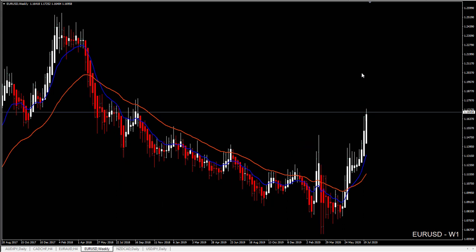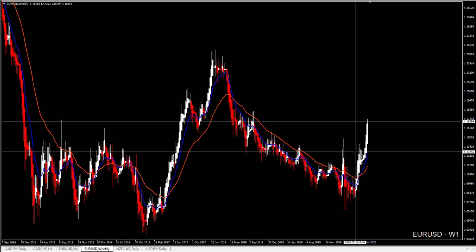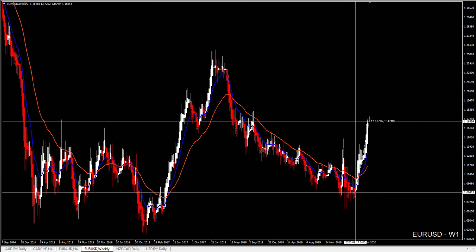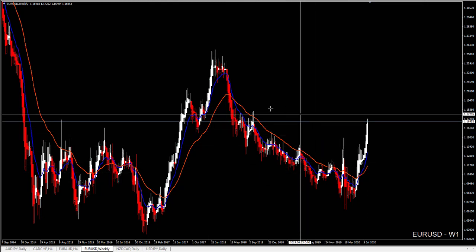Euro dollar is going. This is one of the pairs which is going really fast. Yeah, we see that it's already moved almost 1000 pips. And what is the funny part here? If we pay attention to the weekly chart,